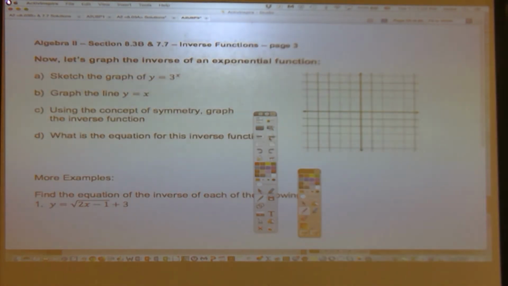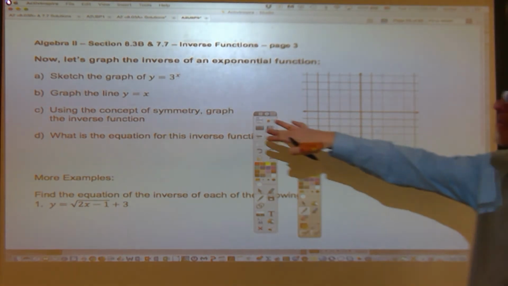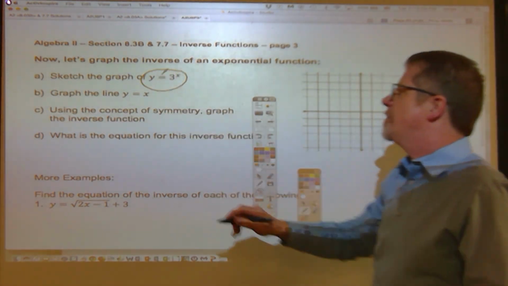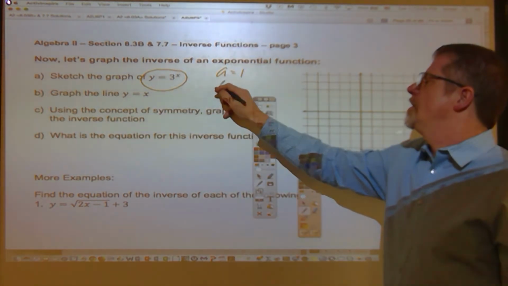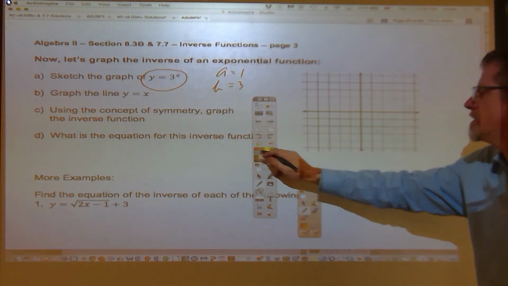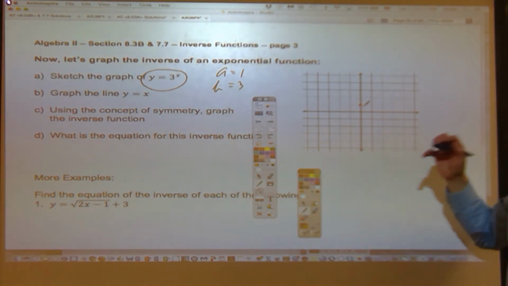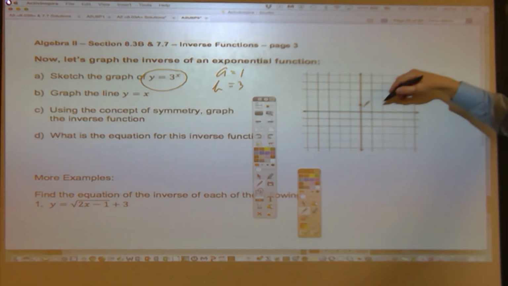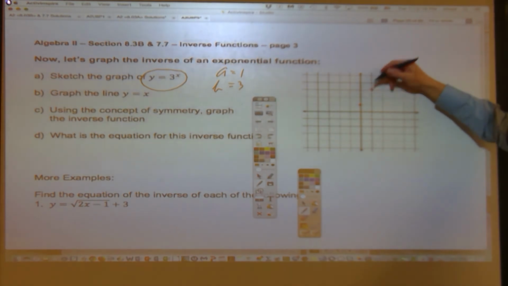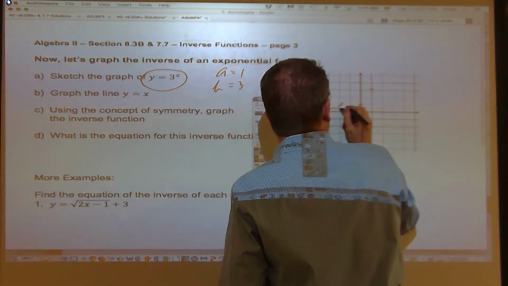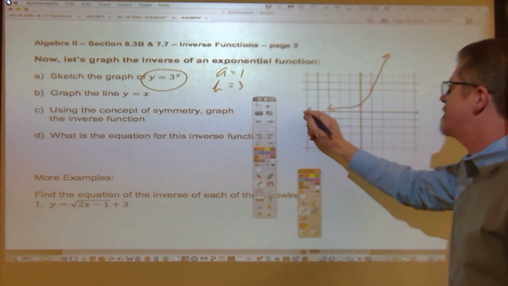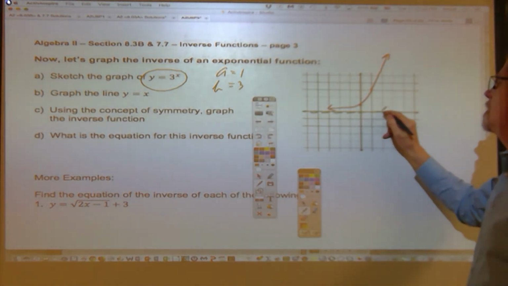All right. So on page 3, we're going to keep going with this beauty aspect of it. Let's sketch the graph of y equals 3 to the x. Don't forget, this is like a model of a population where a is 1 and b is equal to 3. So the population starts out at 1 million people. And let's, for the sake of beauty, put in the population at time 1. Golf ball 1 goes up to a height of 3. And I'd like you to draw not only the exponential growth graph, explosive as it is, but also the asymptote,